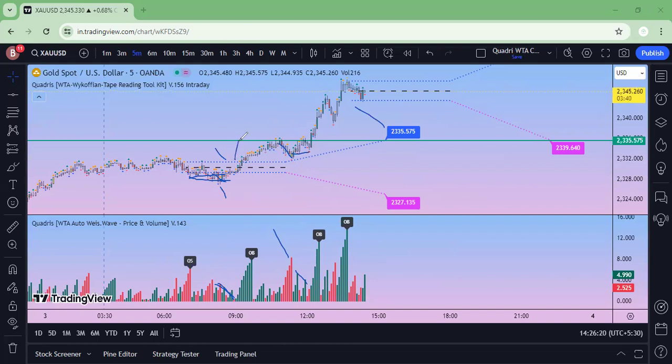So this system gives you a zone, or you can say a range. Are you well versed with accumulation and distribution phases of Wyckoff? Have you studied it? Yes, Wyckoff. Okay, so have you studied it or heard it from someone? No, I studied, but I'm unable to apply it in the real market.